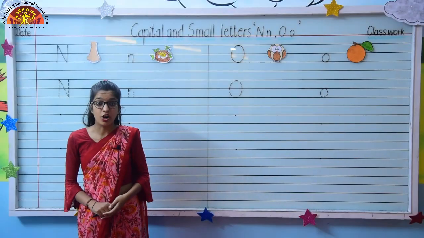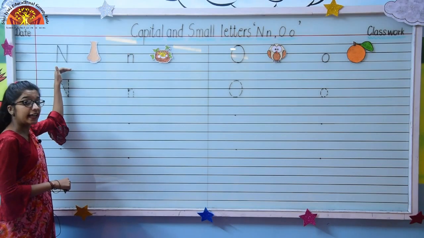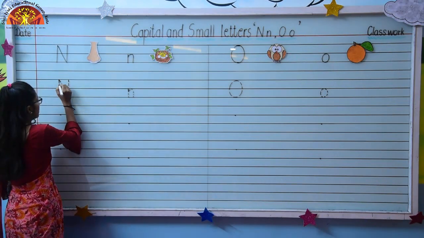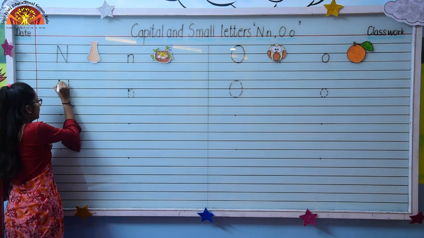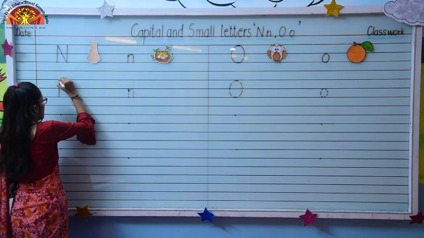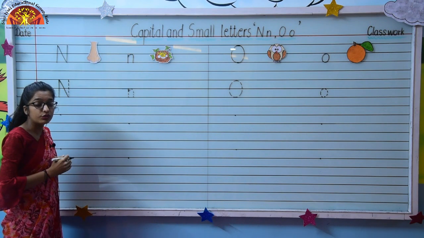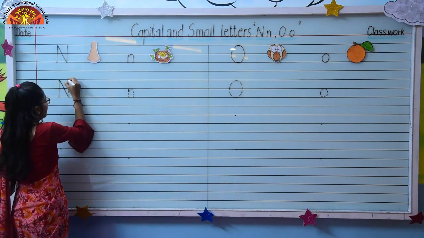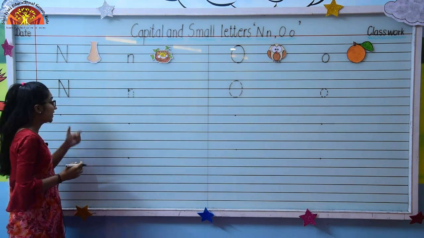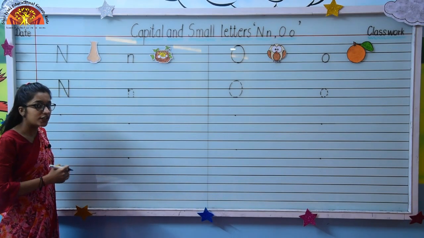Now we will start tracing on the board. Take out your pencil and look here kids. This is capital letter N. Let's start tracing capital letter N first. You have to start from here. Draw a standing line, touching these lines properly. Then draw a slanting line like this. Then again draw one standing line from here and join it like this. This is capital letter N. Now let's write on the dots.